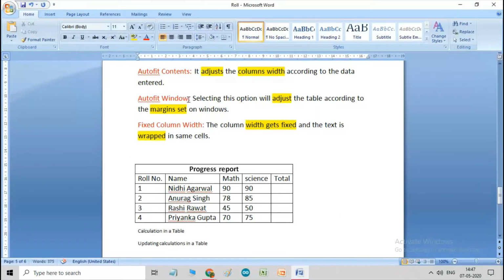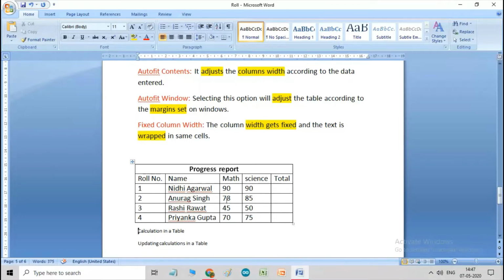Now AutoFit Window. What is AutoFit Window? Selecting this option will adjust the table according to the margins set on the window. So you see, as soon as I used AutoFit Contents, the table size is reduced.